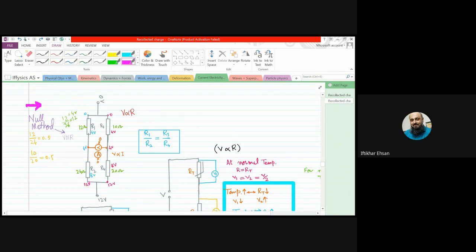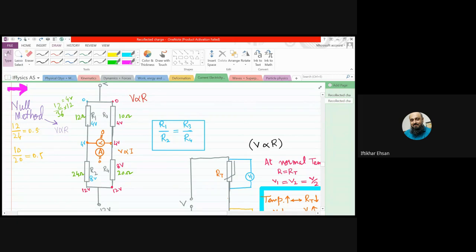So out of 12 volt, it will consume 8 and 4 will be left, and then it consumes 4 and 0 will be left. So at this point, the potential is 4. The same way we applied it here, we apply it here, and we again find the voltages consumed are 8 and 4 volts. Means the voltage here is 4 and 4. So the potential difference between them is the difference between 4 and 4, which is 0. And where voltage is 0, the current will also be 0. If there were an ammeter here, it would have given a 0 reading as well.